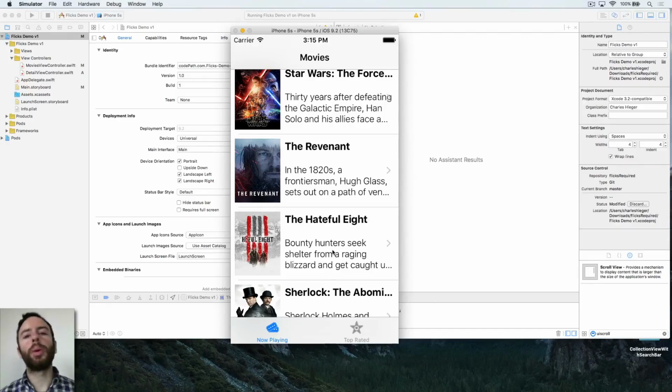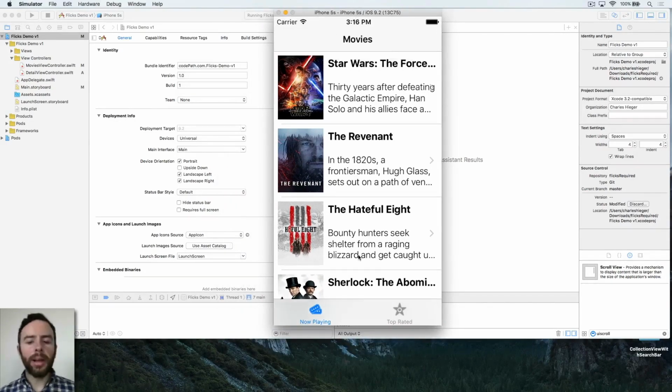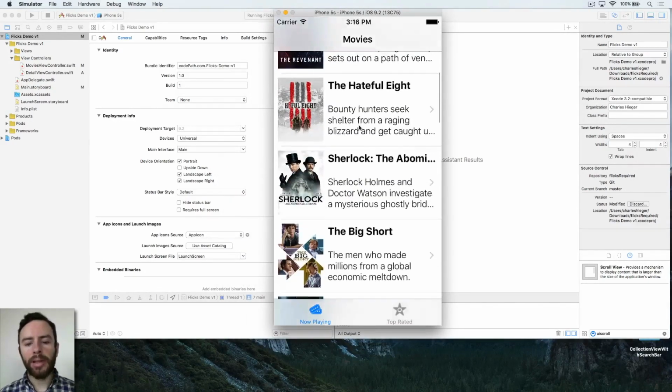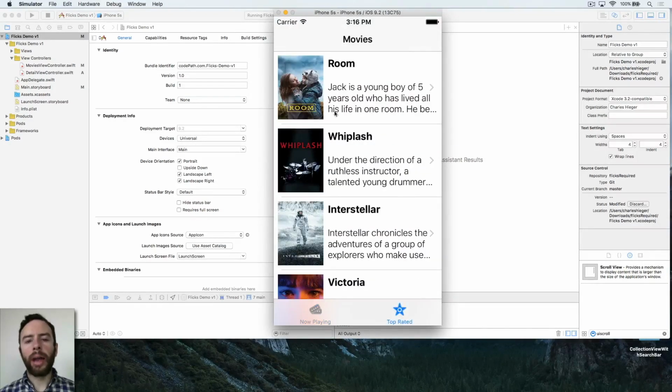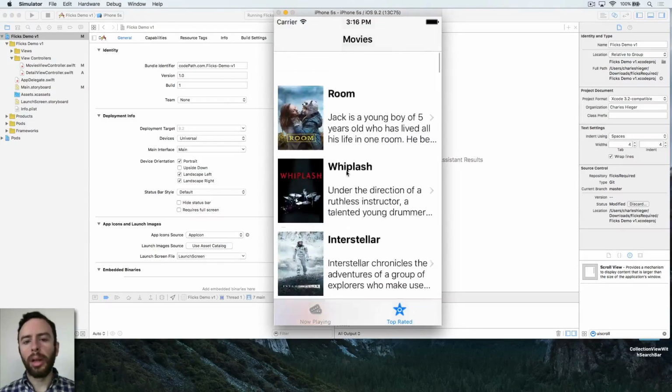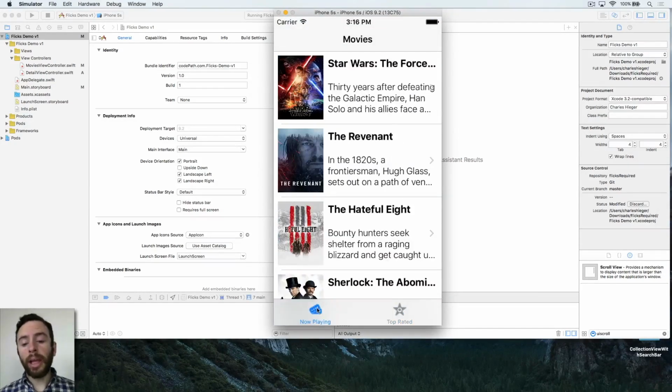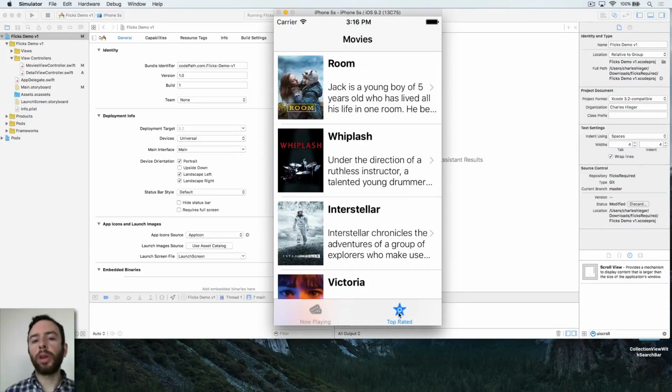In this video, we're going to explore another type of navigation called tab navigation. Here's an example of how it's going to look when our app is completed. On the Now Playing tab, we'll be able to browse the Now Playing movies. And on the Top Rated tab, we'll have the top rated movies loaded. The only difference between Now Playing and Top Rated is that we're targeting a different endpoint when making our network